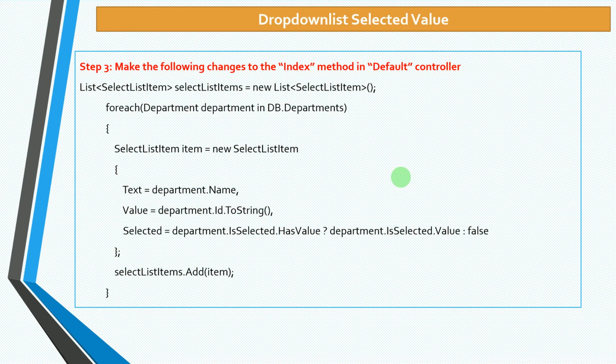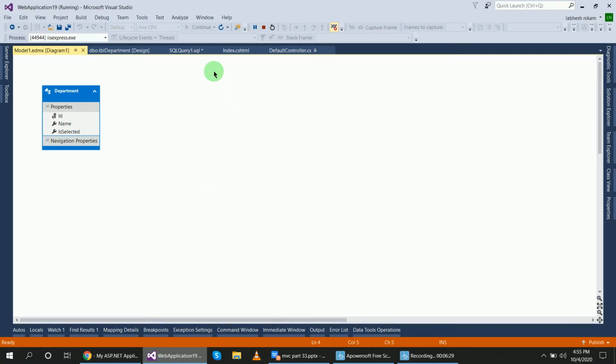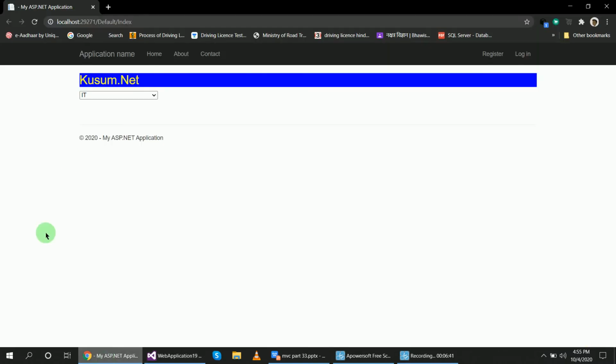So to make changes in the table, let's go to the table here. Now I want to select the Accounts department in the drop-down. Presently I have IT selected.